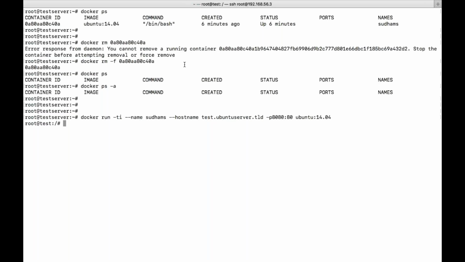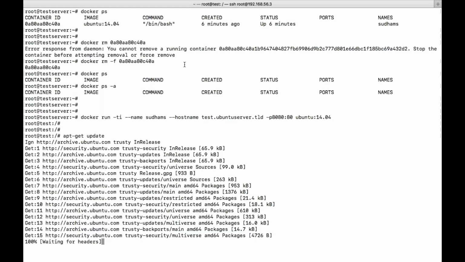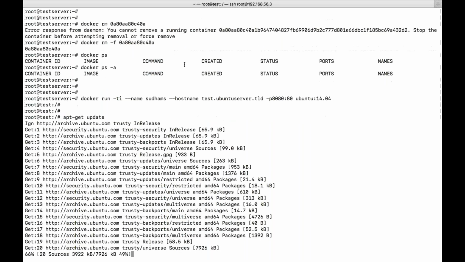Once it is created, just follow the same method to install. Don't be confused, because the previous container was deleted.